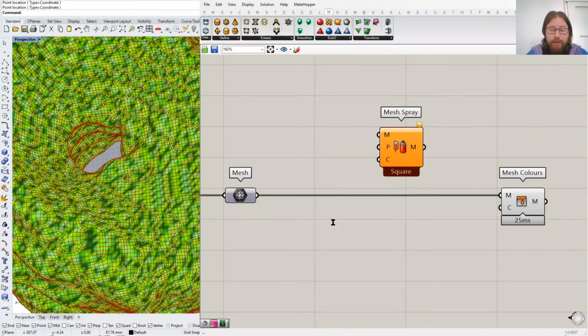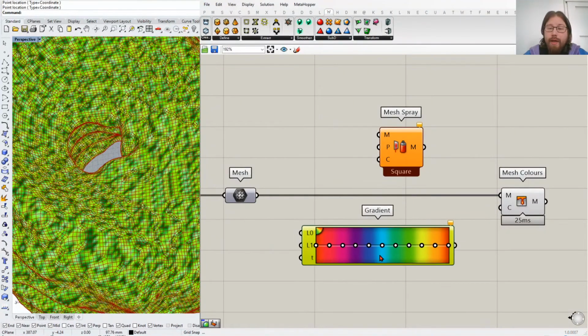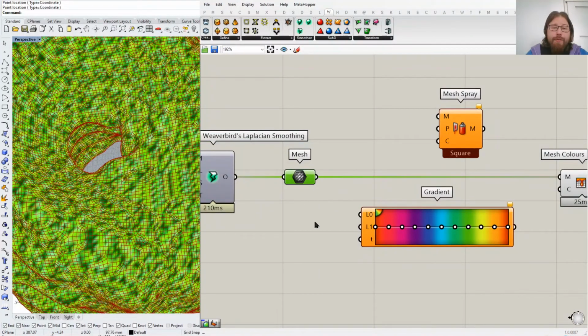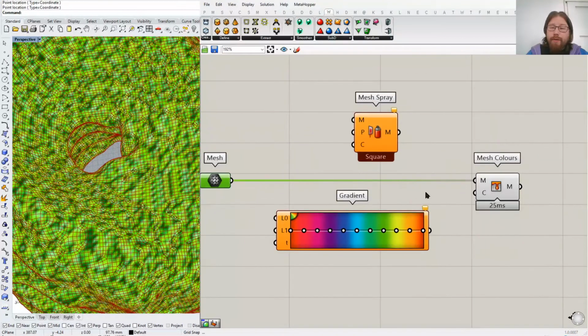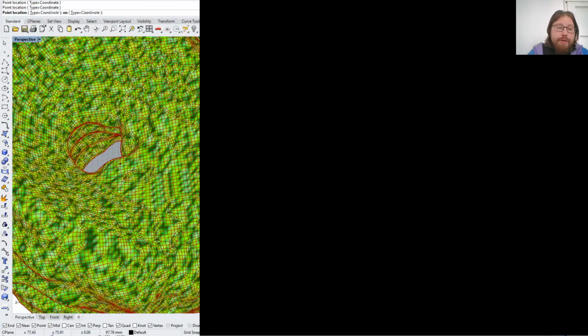Okay, so back to the colors. I want to use the gradient tool again, so I'm going to have this one, and I'm going to put on some nice preset, maybe this colorful one. And what I want to do is calculate the color for every single point in this mesh, because if I don't have enough colors, then that pattern of colors is going to repeat, and I don't know the order of points. So basically, I can just pick a point. I'm going to pick a point by just placing it over here,